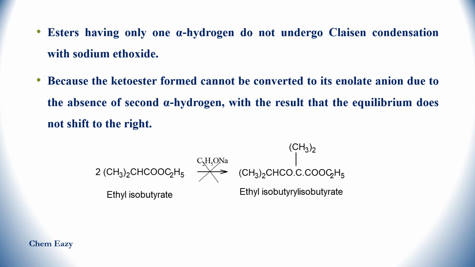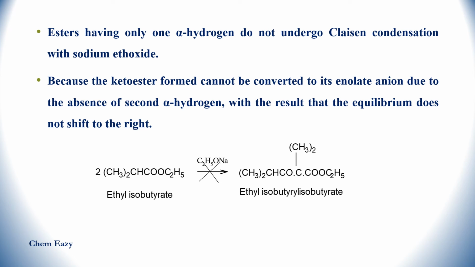Now we have seen the mechanism of Claisen condensation using ethyl acetate as an example. In ethyl acetate there are 3 alpha hydrogen atoms. The beta keto ester which is produced from ethyl acetate consists of 2 alpha hydrogens. So I already explained, between 2 carbonyl groups 1 CH2 is there, that is, 2 alpha hydrogens are available in the beta keto ester. From that, one of the hydrogens is abstracted by ethoxide ion and produces a resonance stabilized enolate anion.